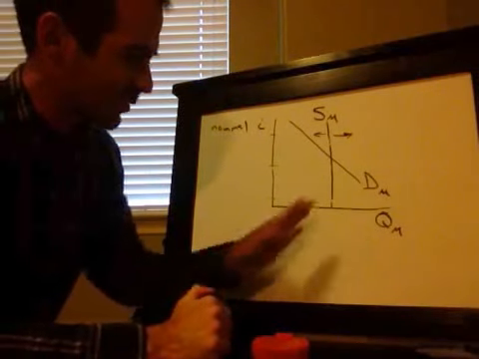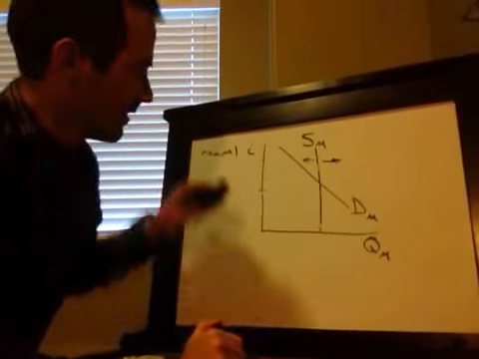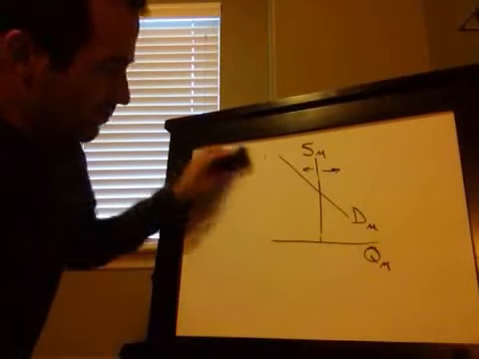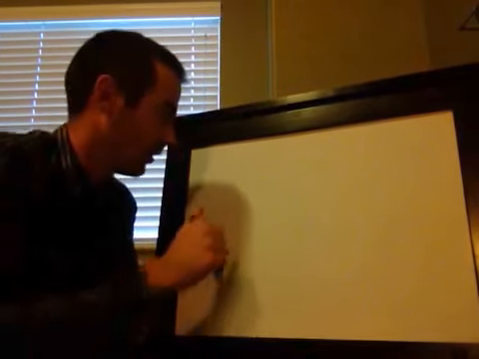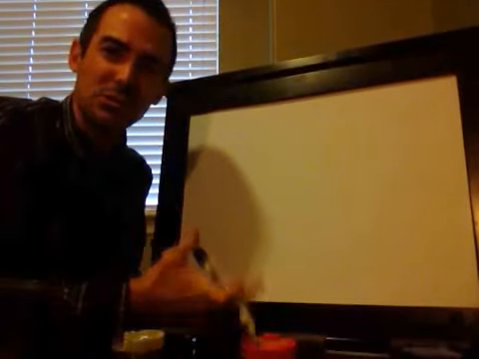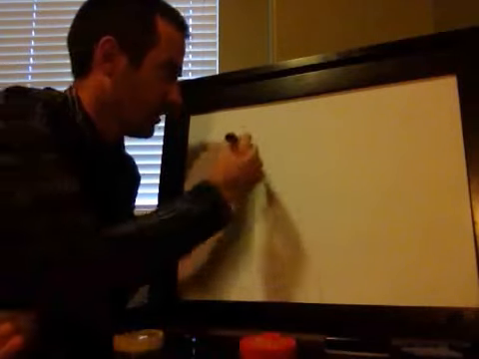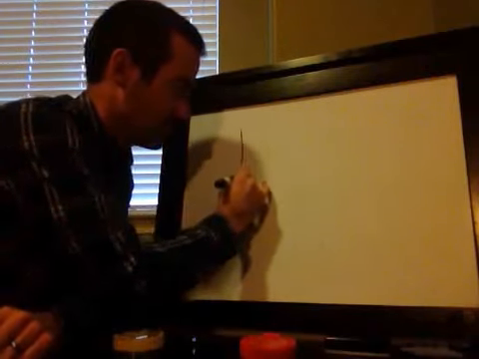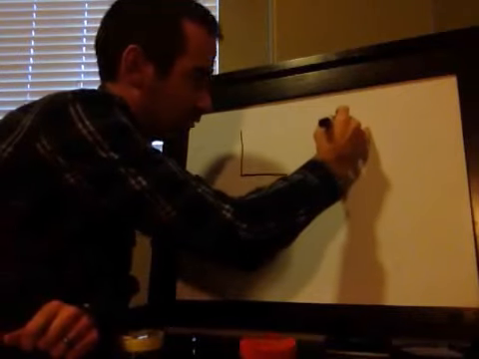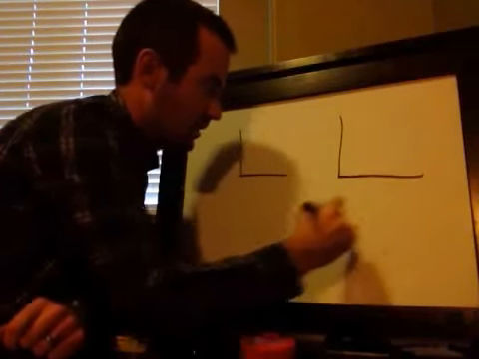Supply of money is easy. The quantity of money is set by the Fed. The demand for money is downward sloping, and so we've got to explain why. It is because there are 2 reasons people demand money, and they sum up to that demand curve which we just drew, which is the total demand for money. So I'm going to draw 2 different demand curves for money. There's one. There's another one.